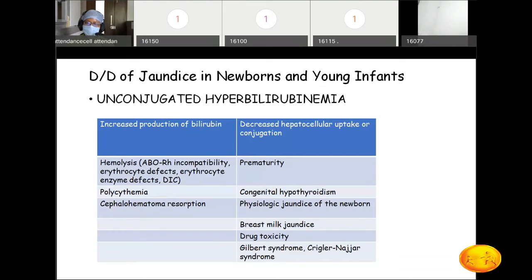Something like hereditary spherocytosis. You can get elliptocytosis, ovalocytosis. These are all membrane defects. The normal shape of an RBC is biconcave, so a biconcave RBC can squeeze. If you can remember your physiology, an RBC is about 8 micron, and a capillary is approximately 5 micron. So an 8 micron RBC has to squeeze through a 5 micron capillary during circulation.